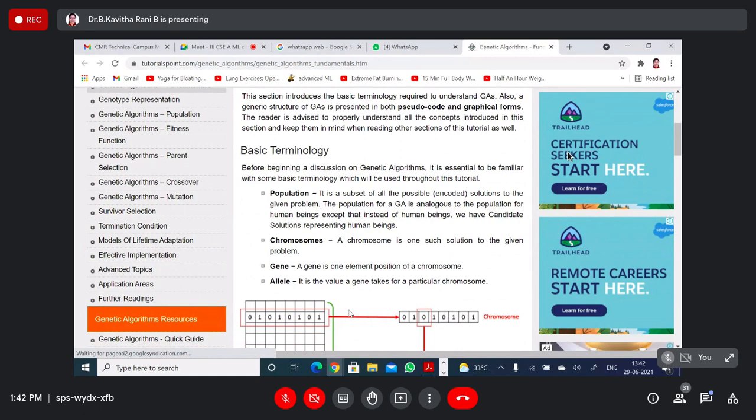I'll just tell you the definitions, then I'll give you one example for this. Chromosome is nothing but one solution to the given problem. A gene is one element position of the chromosome. Allele is the value a gene takes for a particular chromosome. So if you see one example,